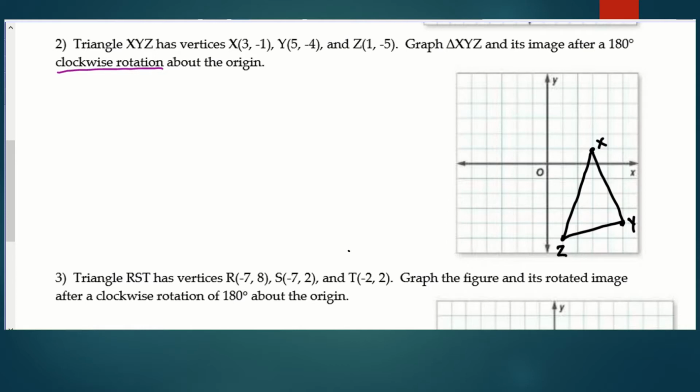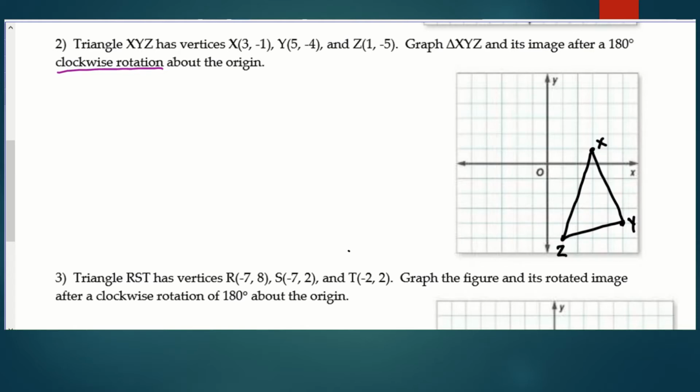So if I take my paper, once again, I'm going to go in the clockwise direction as it told me to, in 90-degree increments. I'm going to turn my paper 90 degrees to the right, and then I'm going to do that one more time. And now my paper is upside down. So what I'm going to do is